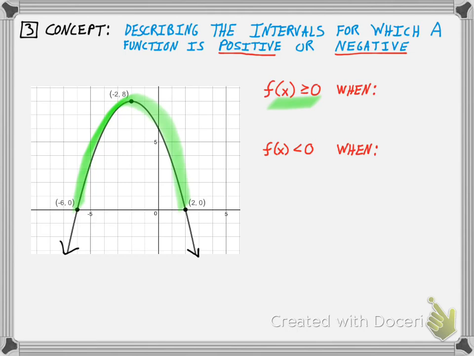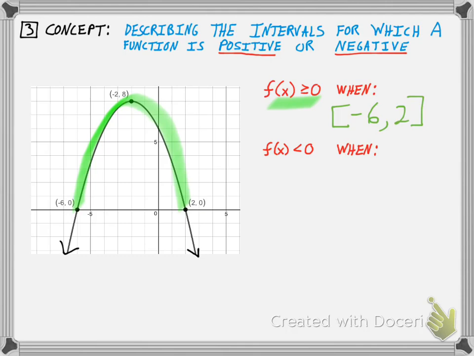And so if I wanted to answer that with the proper interval, I don't start becoming positive until negative 6, and I'm not stop positive until I get to 2. And anywhere on that interval, the function is above 0. If I look at a different interval,